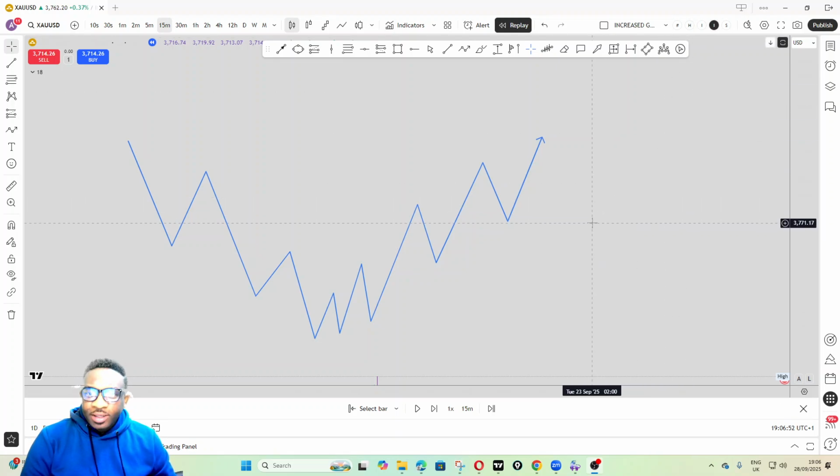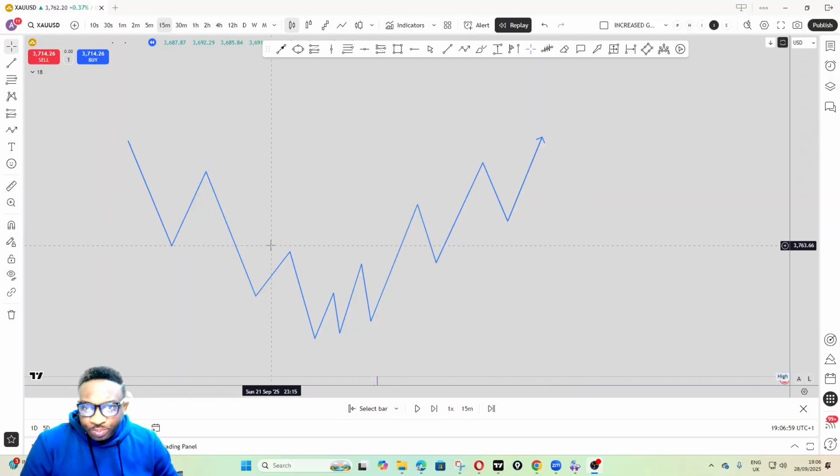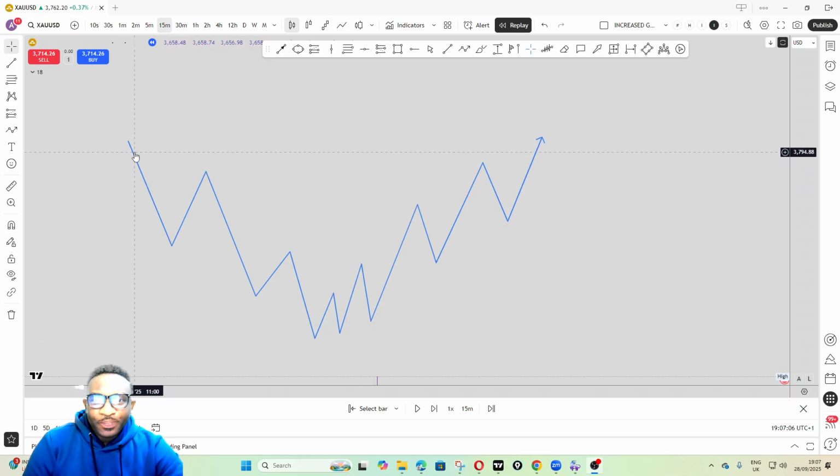Hello guys, in this video I'm going to be looking at how to trade reversals in the market. So let's start with some illustrations on this chart. In a situation where we have price moving downwards, making lower lows, higher lows, lower low, higher low, at the point where price turns around to the upside, that's where we're looking to take our entries from,